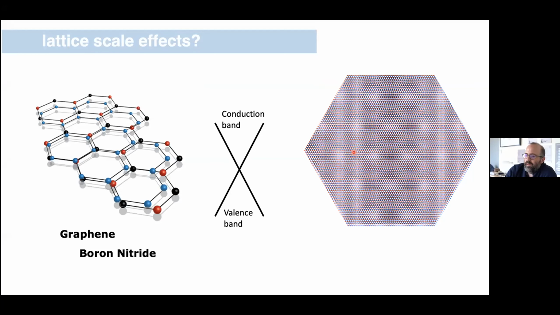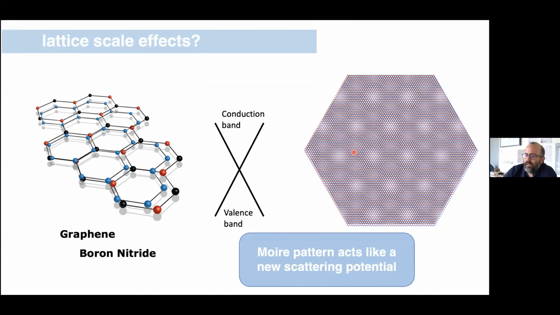Now, the relevant thing here is that the Moiré lattice, it turns out, acts like another scattering potential in the problem. So the electrons move through the graphene, they scatter off the graphene atoms. Now they see additionally this Moiré superlattice potential that has a longer wavelength than the underlying atomic lattice. And the consequence of that is to modify the band structure. And what's interesting here is that it does so in a predictable way. What was a linear band structure in graphene becomes modified here. New features emerge. And these features occur at a position in energy in the band structure that is inversely related to the size of the Moiré superlattice potential.